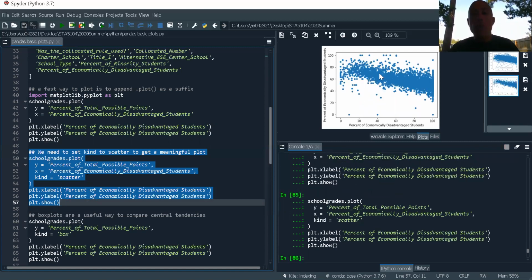Oh, okay, so now this makes a lot more sense. So I can see for each school, in the school grades file, I've got a dot. Along the x-axis tells me the percent of economically disadvantaged students. That's the percentage of kids on free or reduced lunch. And then here, this is the percentage of,